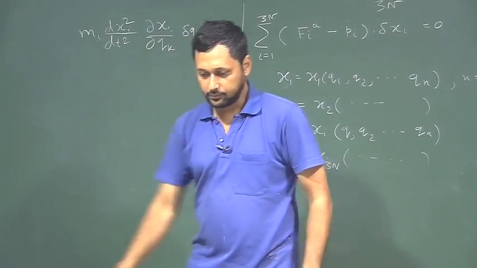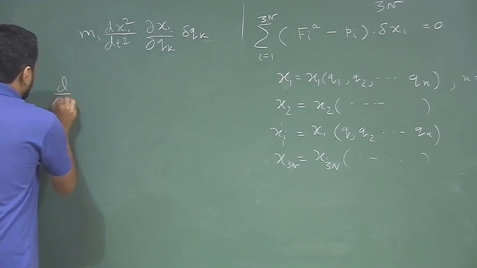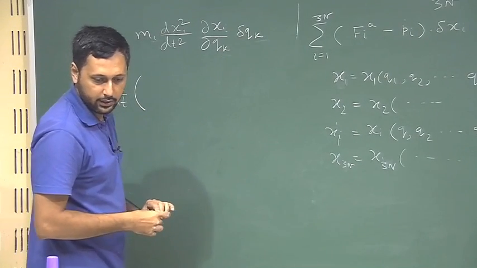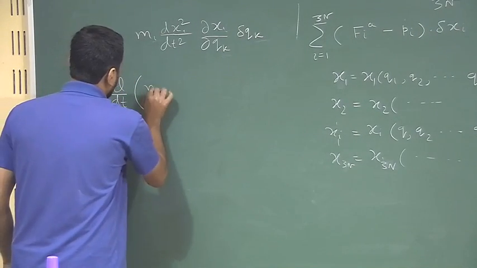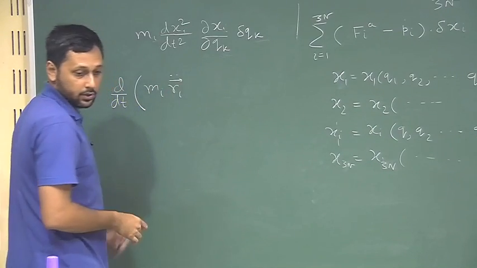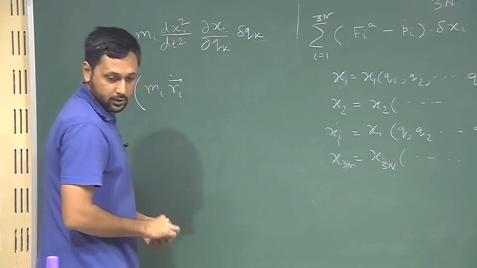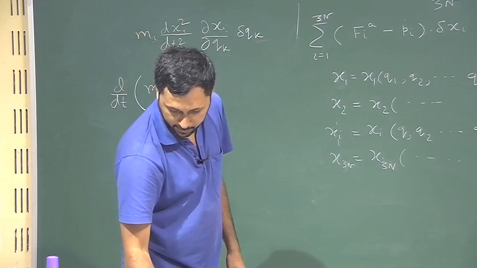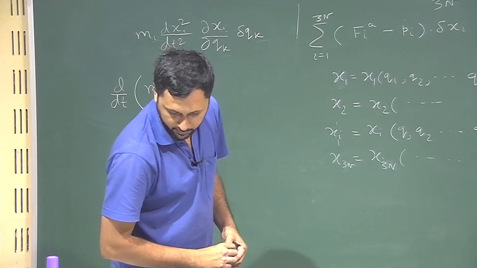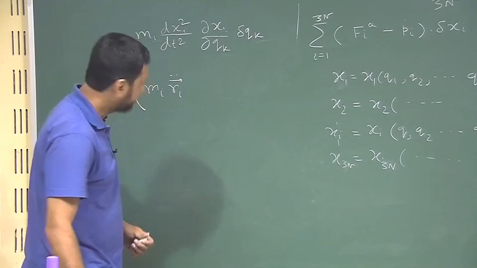Now, let us see. If I have a quantity of the form d/dt of m_i r_i double dot,